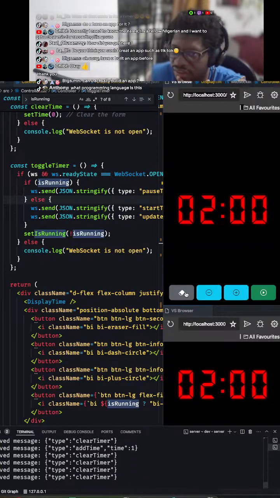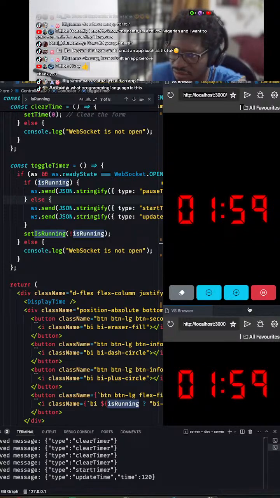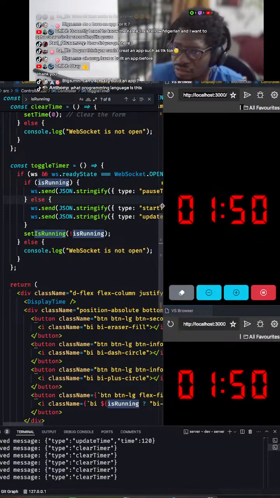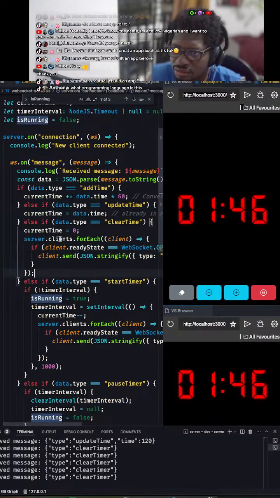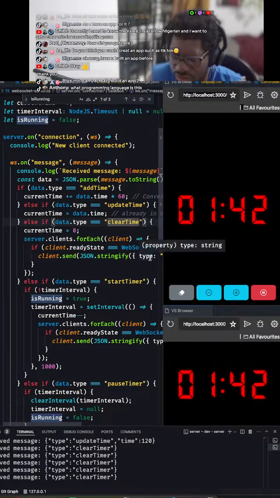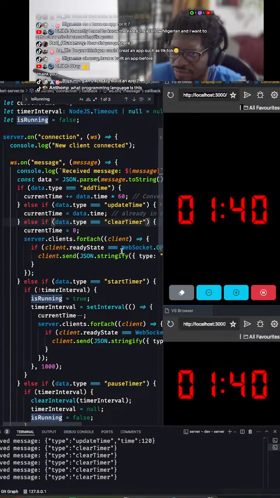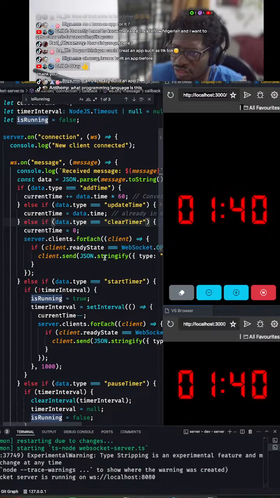When I clear, nothing happens to my timer, but when I play, it counts. So what about if I clear like this? Nothing happens when I clear. So even though the clear timer has been sent as a command, what is going on here? Okay, I didn't type it very well. There's no clear timer. So let's give it a try and send the clear timer command again. If I do the clear timer command,